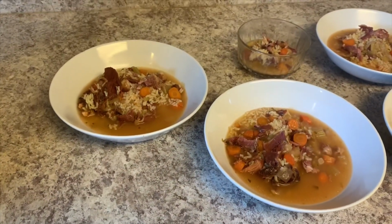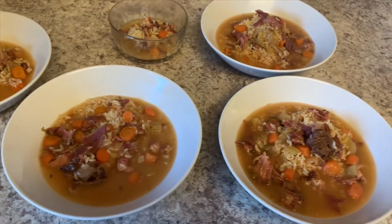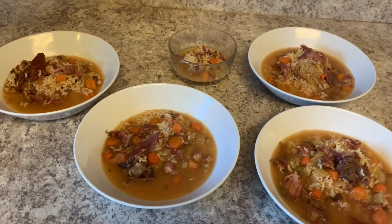This is what our soup looked like when it was finished. My entire family enjoyed this. It's pretty rare in my household that all 5 members eat dinner without complaining, but I will definitely be making